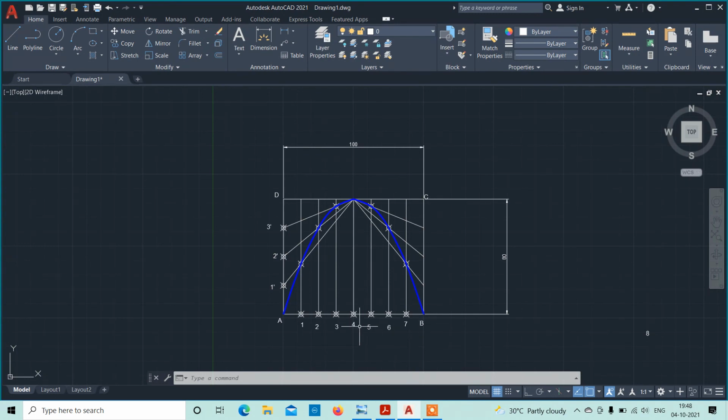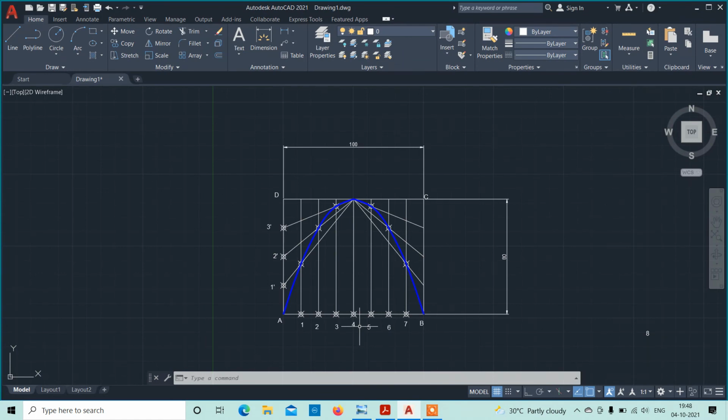So the main thing is that first we have to construct a rectangle, then divide the horizontal line into a minimum of 8 equal parts, and the vertical line should be divided into 4 equal parts. If you are dividing the horizontal line into 12 equal parts, then divide the vertical line into 6 equal parts. That alone you keep in mind. Then the rest is very easy.